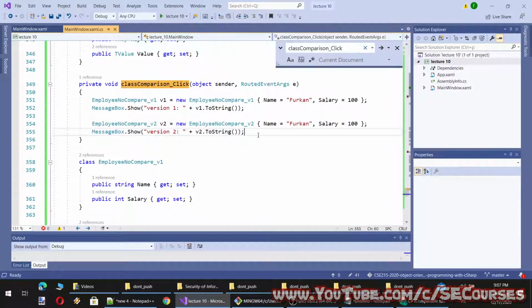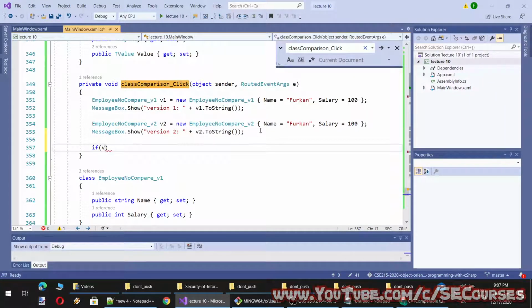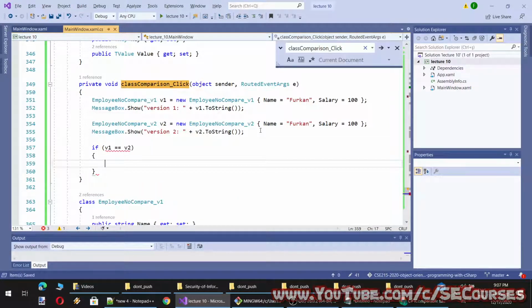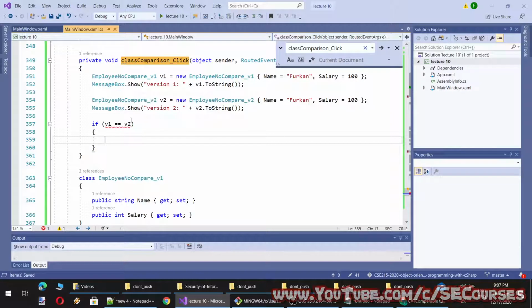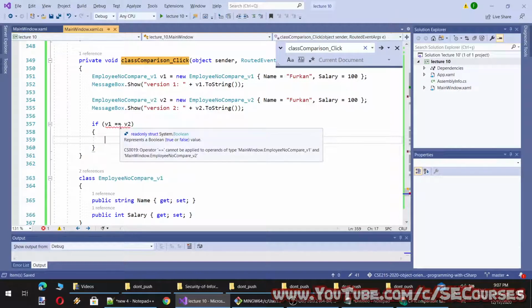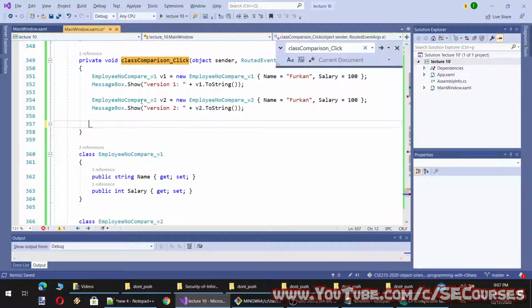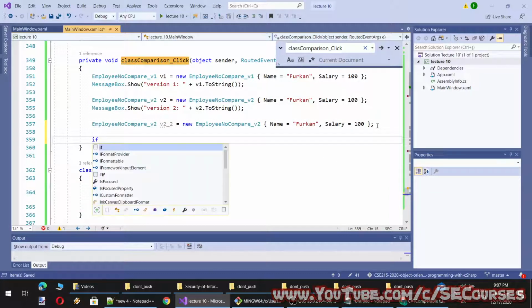Even though they are the same, if I use it like this, v1 equal v2, you see they are not equal. However, this is expected because they are different classes. Let's make something like this, version 2, v2_2. And you see they are basically the same in terms of the values they contain.